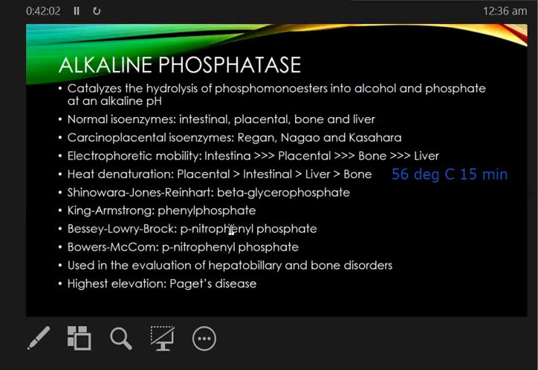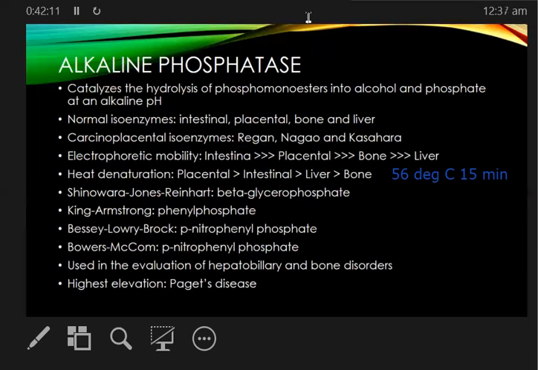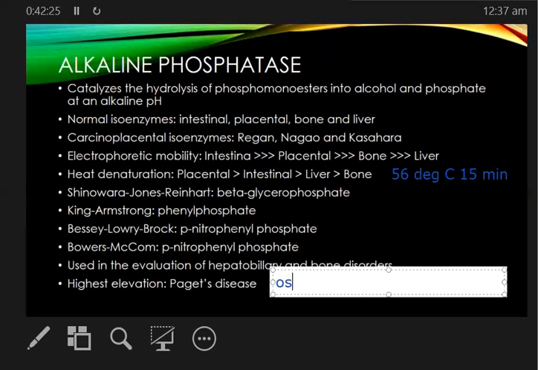So just like what I have mentioned, when we talk about your hepatobiliary disorders, what pair of enzymes do we use? We have ALP and GGT. If it is hepatocellular, we have your AST and your ALT. So the highest elevation of your ALP is seen in your Paget's disease, or otherwise referred to as your